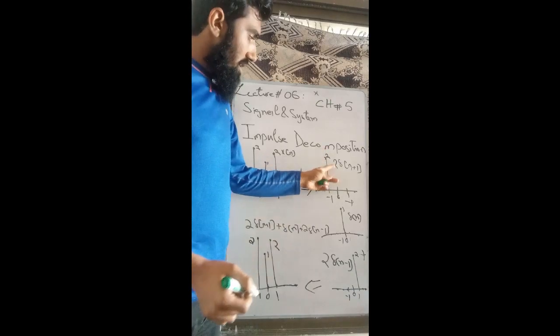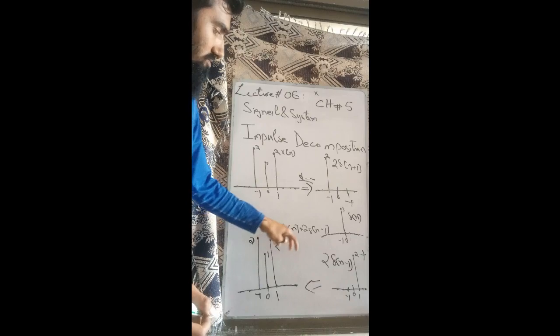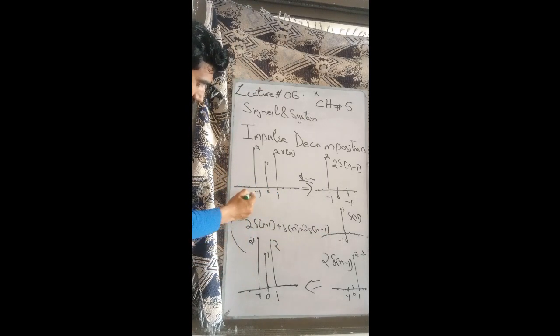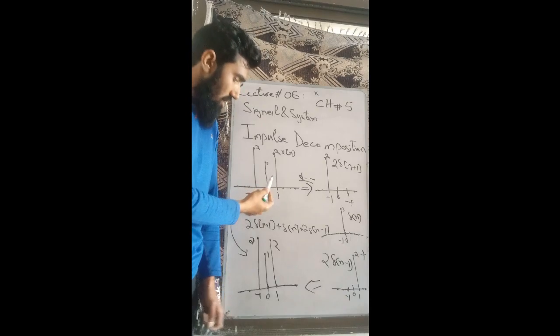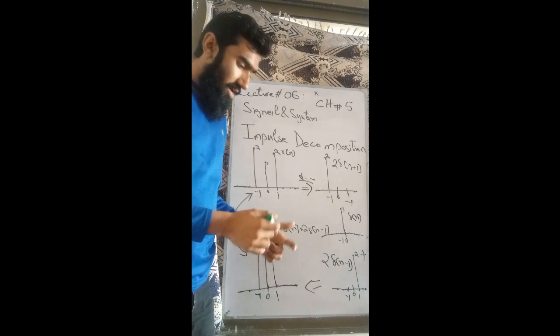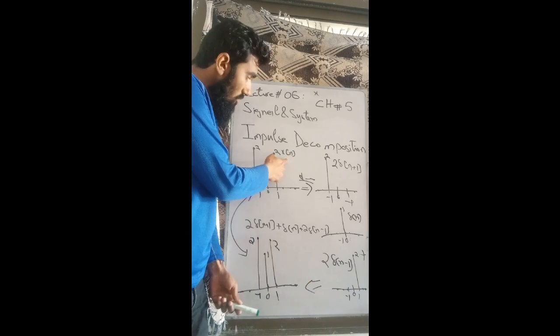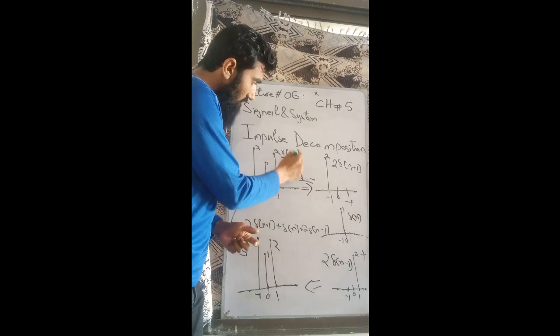I have taken the summation of all these signals, and we get this. This is nothing but the same complex signal, which is x of n. So we have reduced or decomposed this x of n